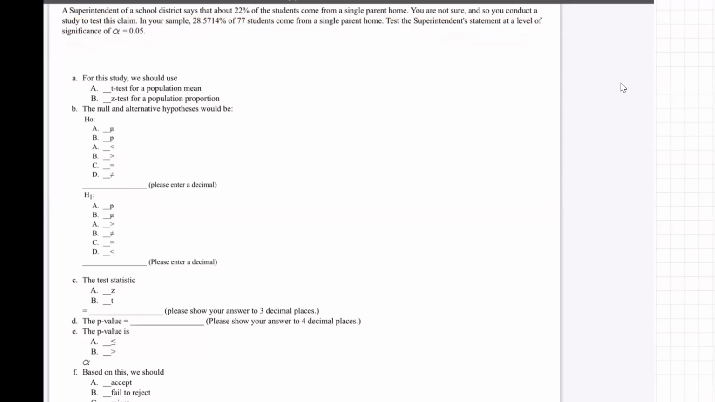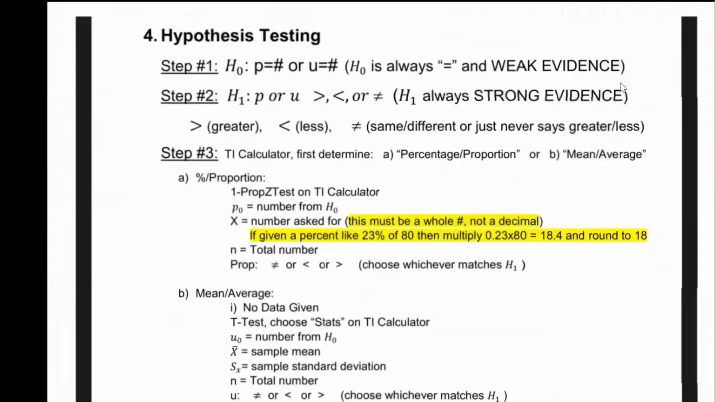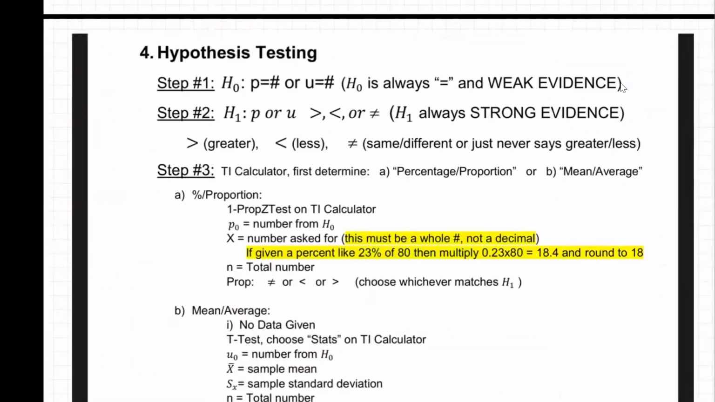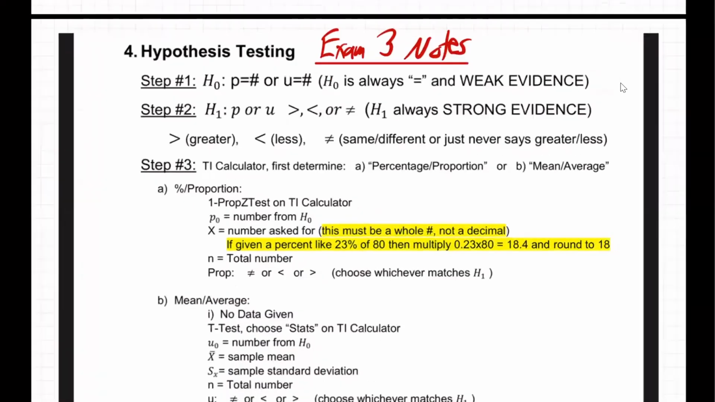Okay, so how do we do this? Well, let's go to the notes. That's not true. They are the exam 3 notes. There we go. Okay, what do they say? Well, step 1, HO, P equals a number or mu equals a number. HO is always equal